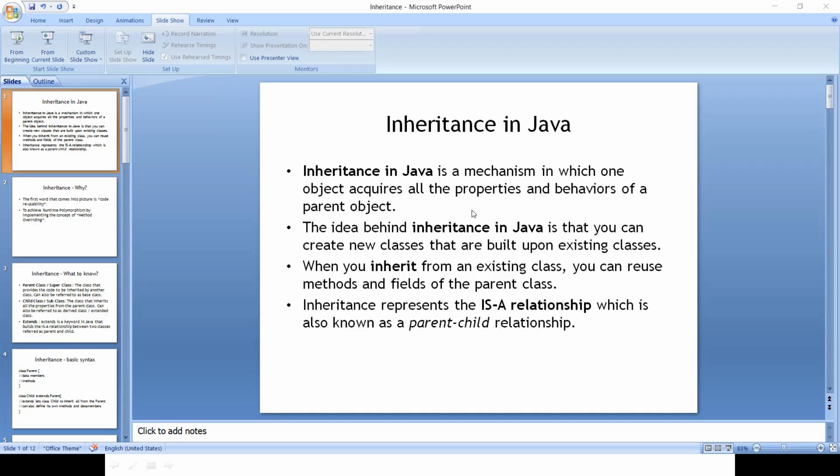So when you inherit from an existing class, you can reuse the methods. That is what we have been discussing. This inheritance represents the "is-a" relationship between two entities, or two objects, or two classes. So what is this "is-a" relationship? Suppose we have a circle, rectangle, and square.